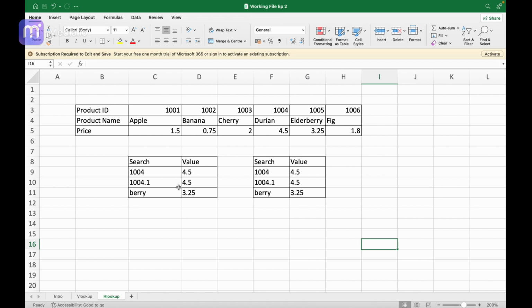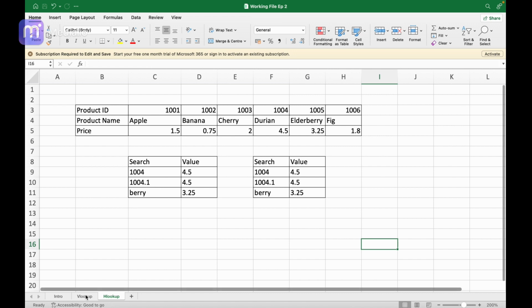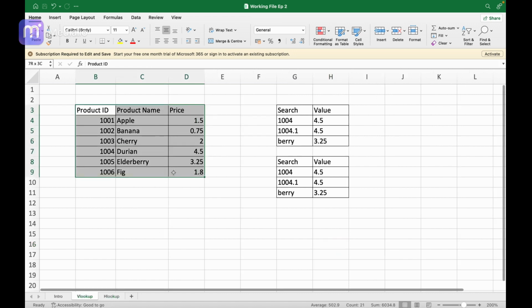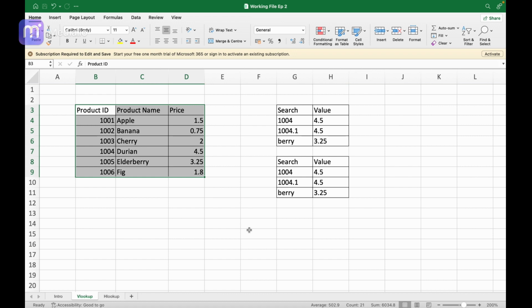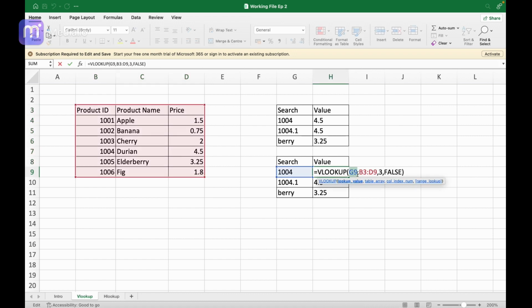So what we have learned is there are two lookup functions, VLOOKUP and HLOOKUP, which we understood today. VLOOKUP stands for vertical lookup, where if your data is in vertical format, you can use the VLOOKUP function to look for your data. What you have to apply is first the lookup value, which is what you want to search, then the table array, that is where you want to search, then the column index number, which consists of the data which you want to retrieve, and then the range lookup, which takes true or false.